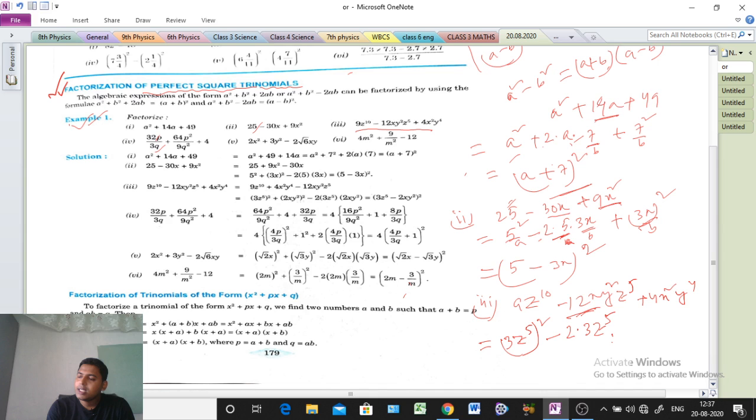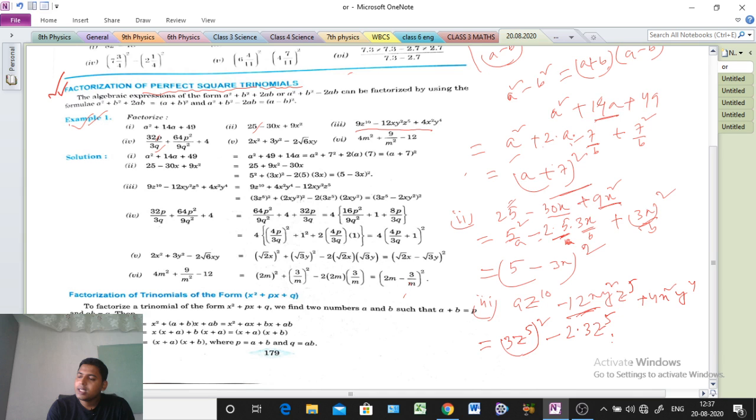Okay, and remaining portion what, sir? X is there. Remaining portion x is there, I'm writing here x, and y square also is there. So this is what, sir? This is b. Try to understand. So here a means 3z to the power 5, and b what? B is 2x y square. That is b. Okay, plus, next plus 4x square y to the power 4. 4 means we can write 2 square. X square means x only we can write, and y to the power 4. Y to the power 4 means y square whole square. We can write or not? Y square whole square.